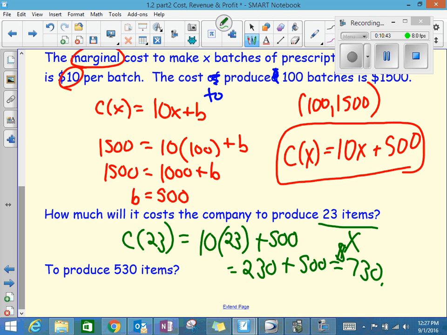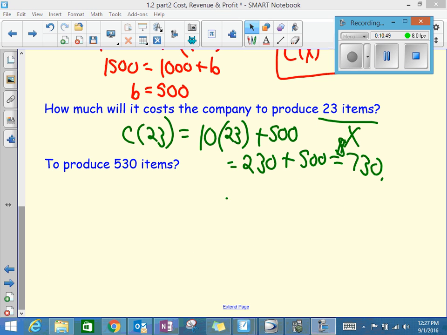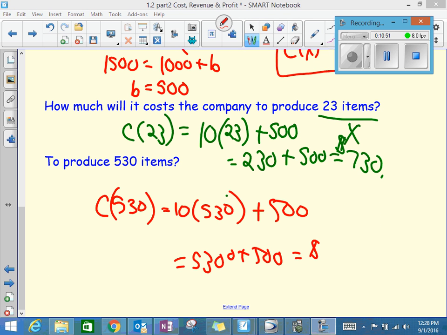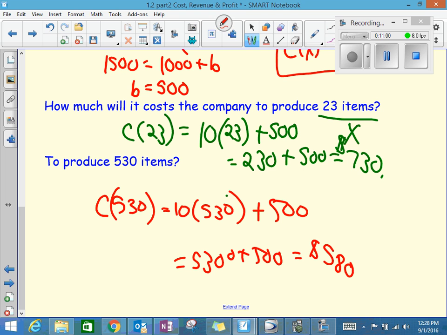Now go ahead and compute how much it will cost to produce 530 items. Okay, so again, to find the cost to produce 530 items, you plug in 530 for X, simplify it, and you get $5,800. Okay, so again,